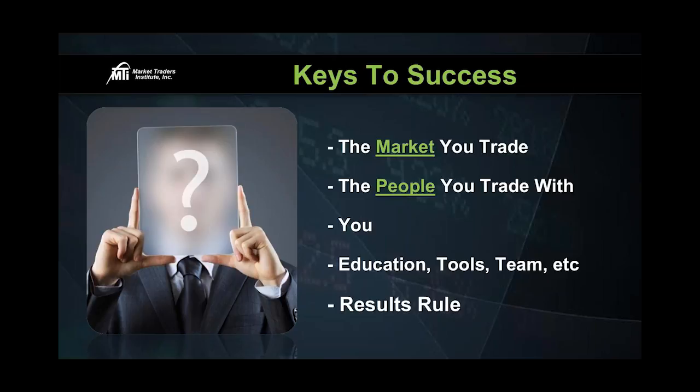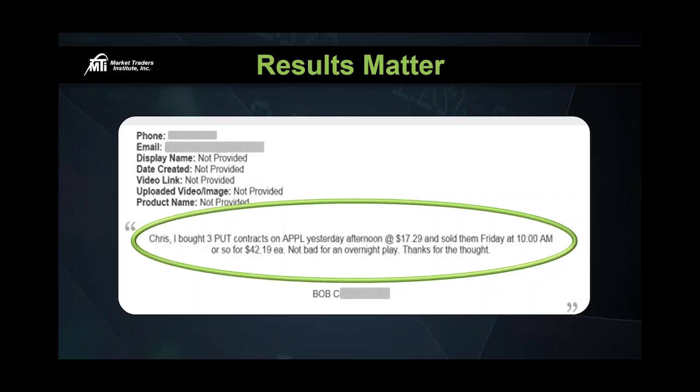So let's start off with a quick baseline here. Let me explain to you the type of results our students are getting in this market. Our goal is for you to be like Bob C right here. Here's what he did. We sent him an email alert alerting him to trade some Apple options. He took our email alerts, did exactly what we told him to do in that email. I'll explain how that works in just a couple of minutes here, but all he did was simply take advantage of our trade alert, and he made $7,500 overnight trading some Apple options here. So he says, not bad for an overnight trade. Yeah, not bad at all.